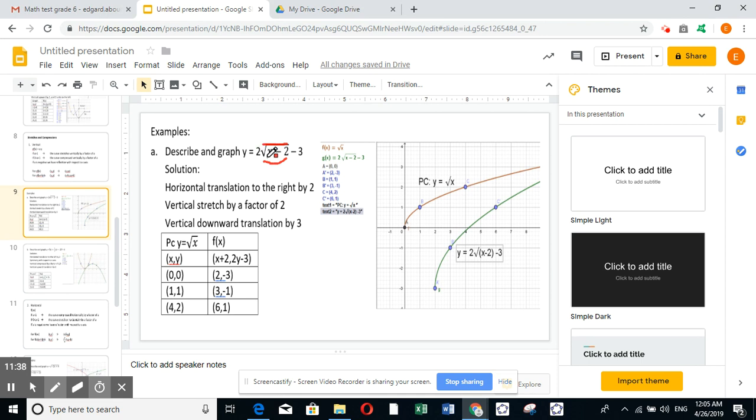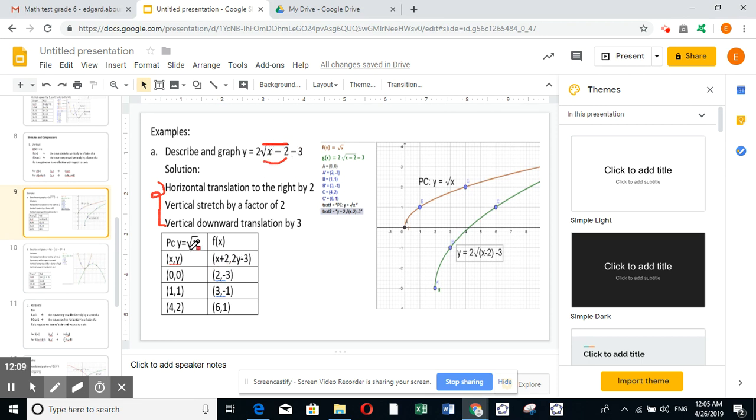Then after doing 10 minus 2, you have 8. You multiply it by what? By 2. Since you multiply by 2, here we have a vertical stretch by a factor of 2. Then you add minus 3. Minus 3 is a vertical downward translation by 3. These are the steps. If I want to write it step by step in English, this is what's happening. If I want to write it arithmetically, directly, it's 2y minus 3 for y, and for x, it's x plus